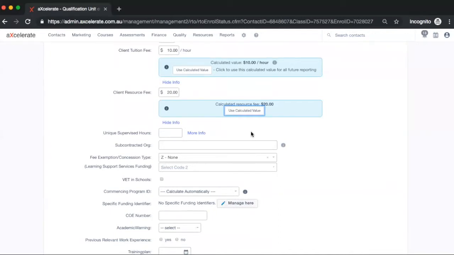The Program Unique Supervised Hours, or PUSH, are defined as the total number of unique, non-overlapping hours of supervised training and assessment activity for the enrollment. This value can be entered manually into this field, or calculated automatically as the sum of all linked workshops and